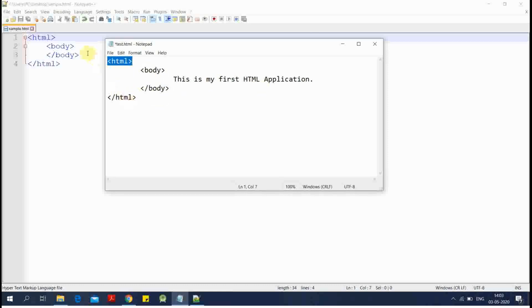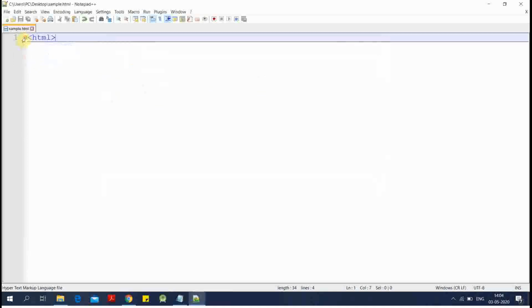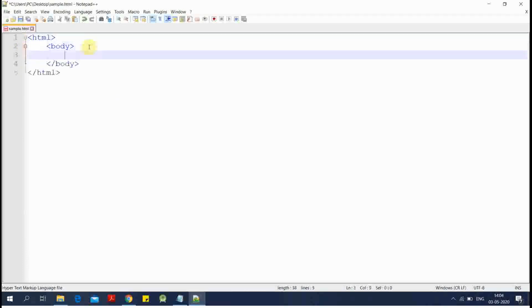When you use Notepad++, tags will start with blue colors. We can predict where HTML starts and where it ends. See, this is a tag start, this is a tag end. This is a body tag start, this is a body tag end. We can easily identify them when you use the Notepad++ editor.